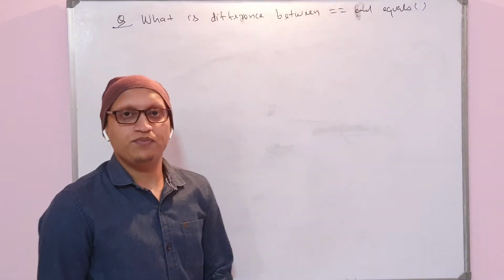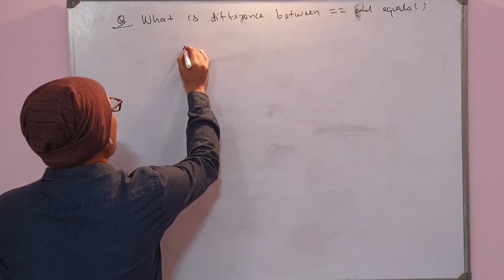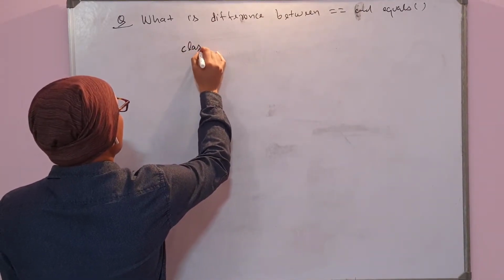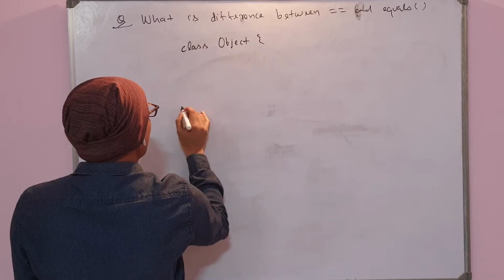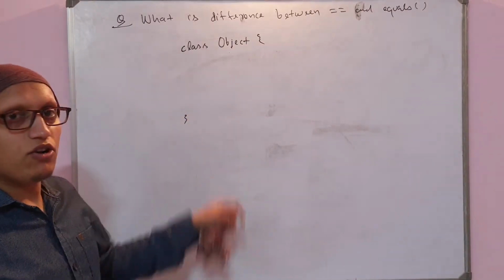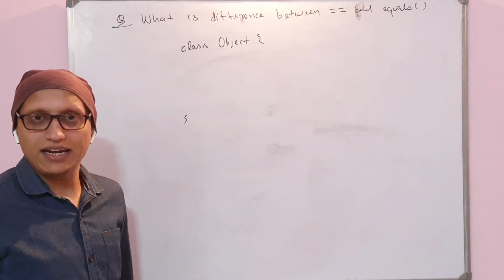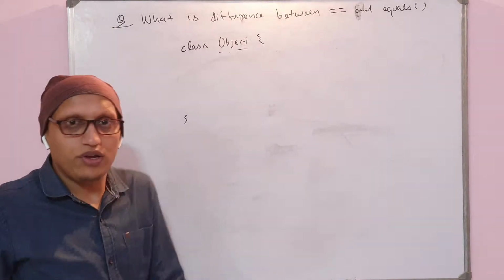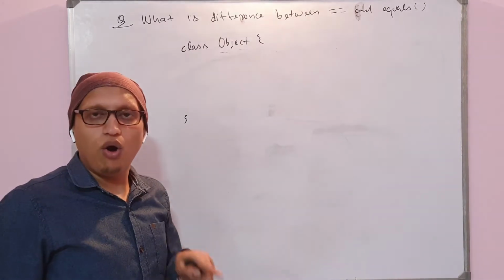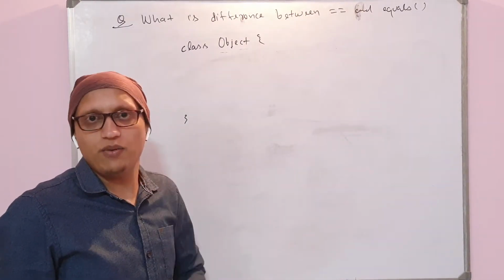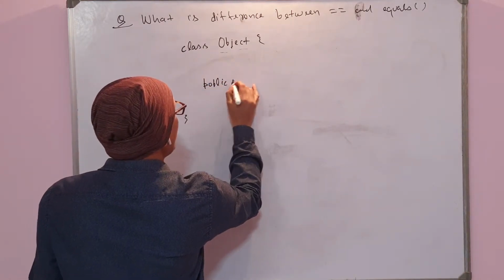Okay, so before proceeding ahead with the equals method, you must know that there is a class called Object, which is the parent of all the objects. Whatever object you are creating in Java, all objects will be indirectly inheriting this Object class. Even though you are not writing extends, it is invisible, but Object is the parent class of everything you create in Java. This Object class itself has an equals method.